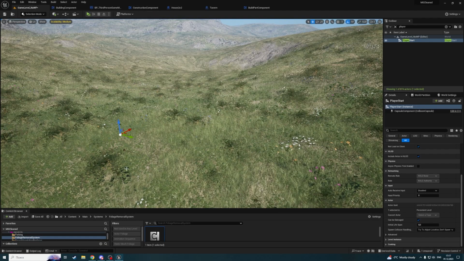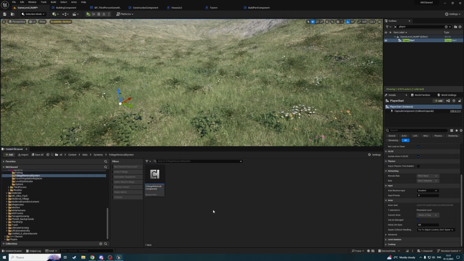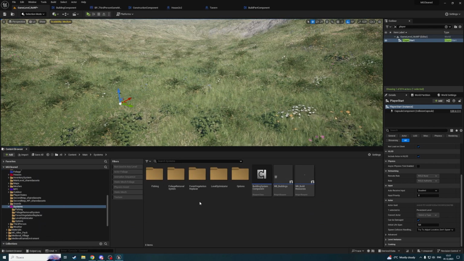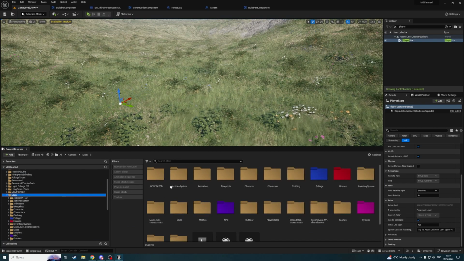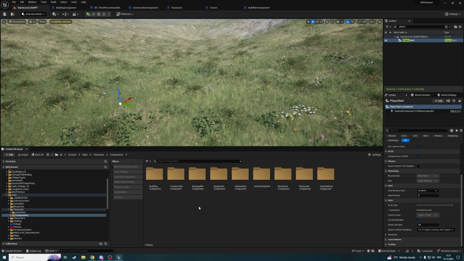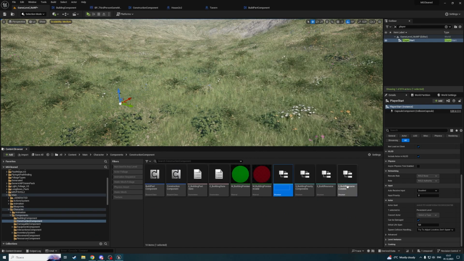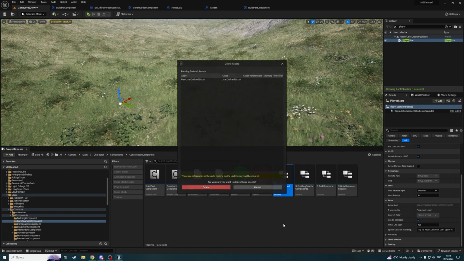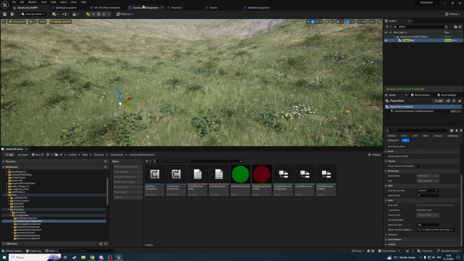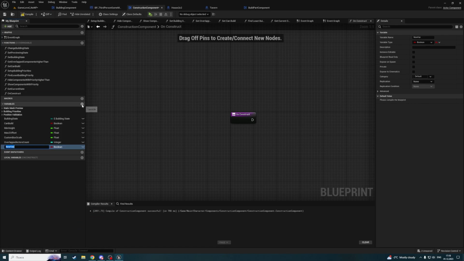So let's open the folder where the construction component is located. We don't need to create a new structure, we just need to have an array of